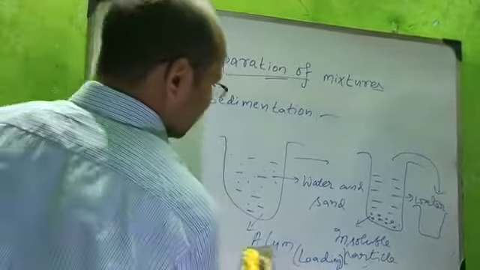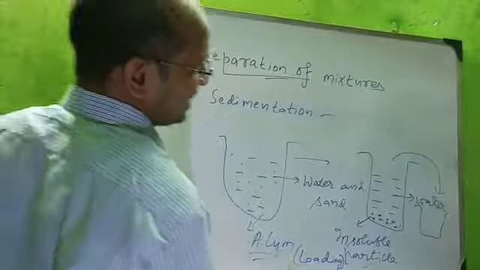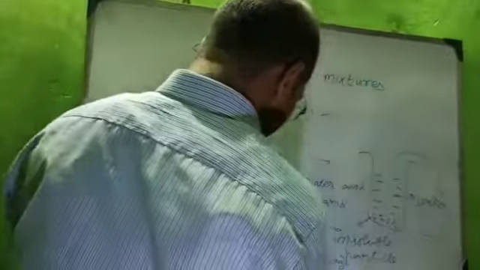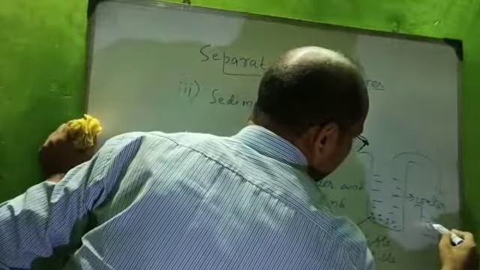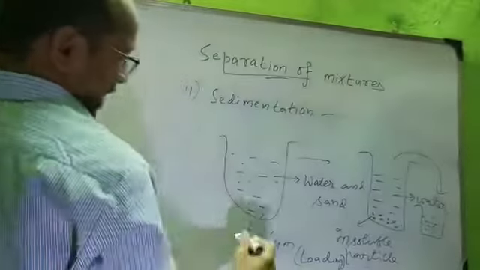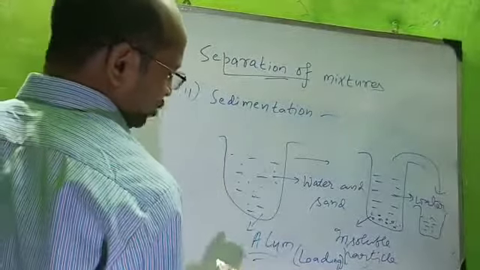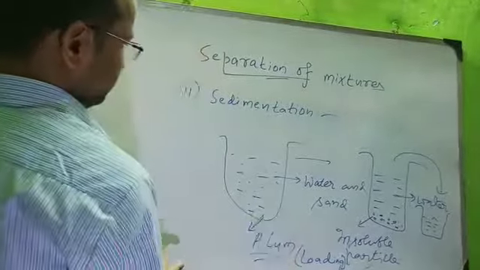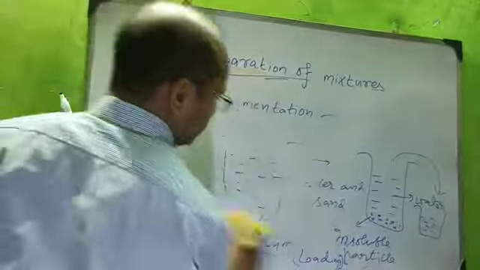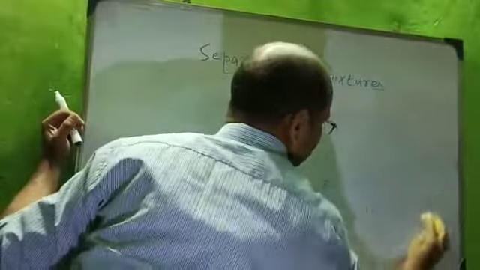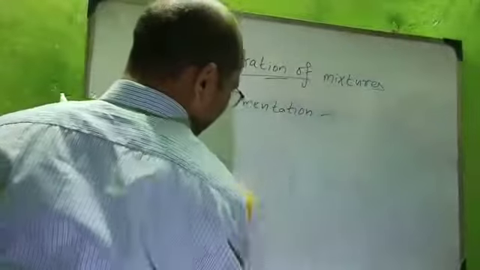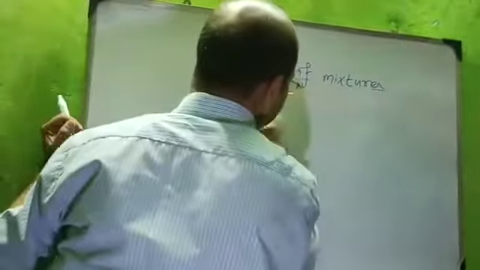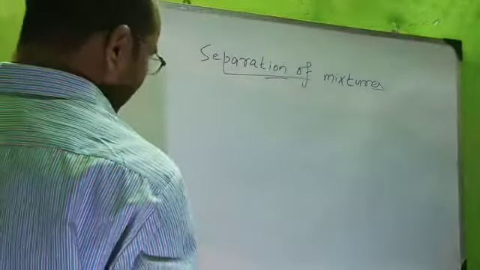So after sedimentation, I have explained what decantation is. In decantation, we pour this clear liquid into another vessel. And if you want to make the process faster, what do we need to add? We need to add alum to it. Now, the next part is a very easy part. By sedimentation, we can separate the insoluble particles present in water.